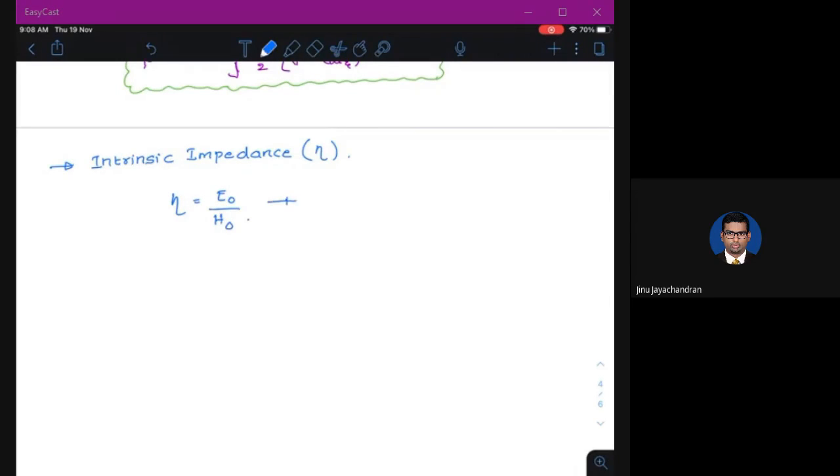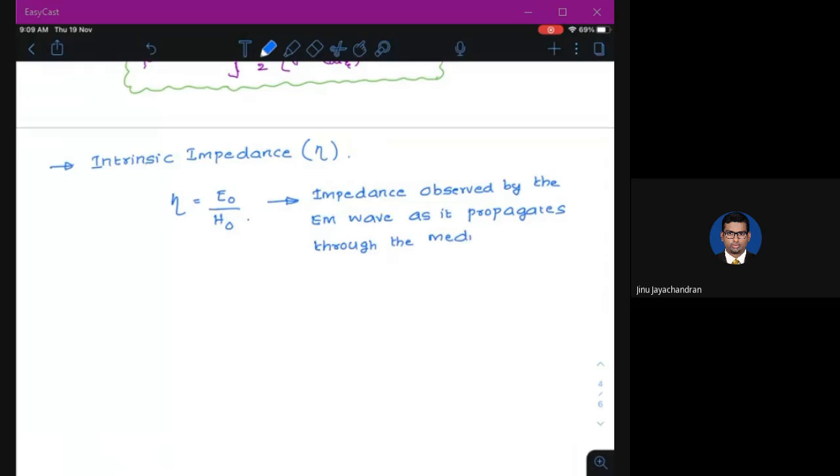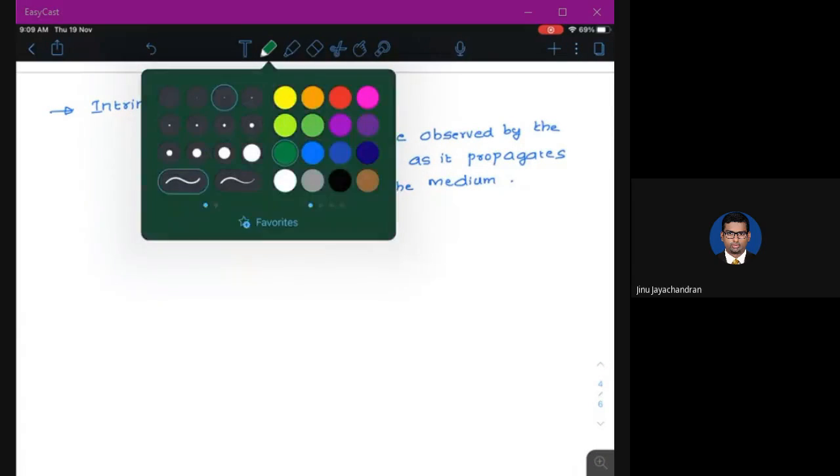And this is actually the impedance observed by the EM wave as it propagates through the medium. Okay, we are going to derive an expression for eta. Now that derivation is very easy. Okay, let's do that. Now we know that